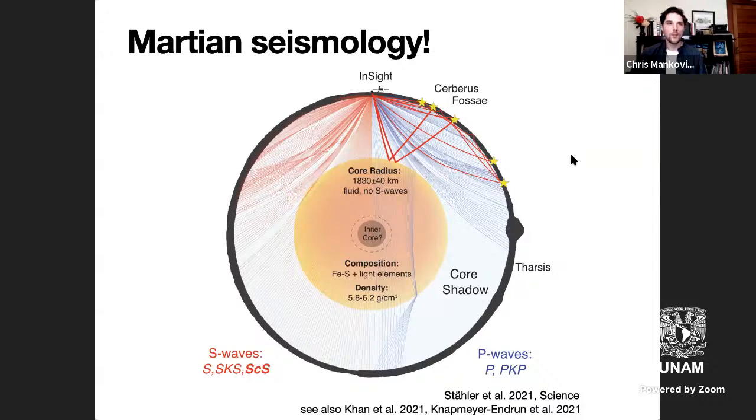And so the detection of these Mars quakes made it possible, in part through an analysis of their polarization, to determine the radius of Mars's core. And so this is an incredible new detection that's happened in planetary seismology. And it's really exciting to see Mars InSight delivering this kind of stuff.